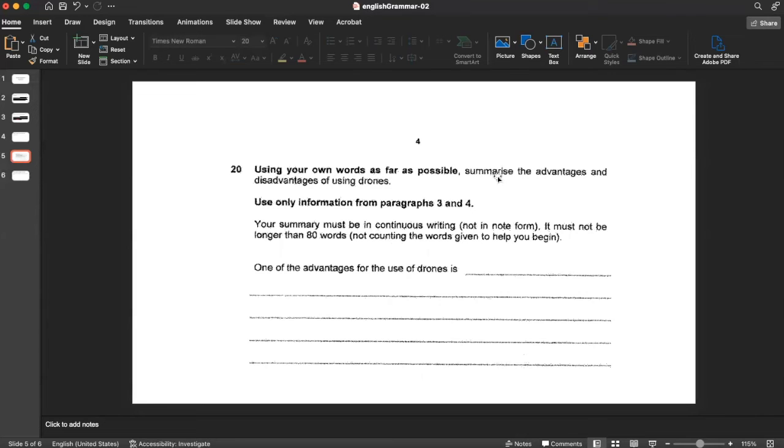Okay, so here the summary question says that it wants you to summarize the advantages and disadvantages of using drones, right? So plural here, and then the first few words that they give, they also continue with the plural usage of the word drone. Okay, so when you are reading the question, just pay attention to grammar, and maybe you want to scribble some notes on top of the word drones to remind you that you should write the word drone in plural form.